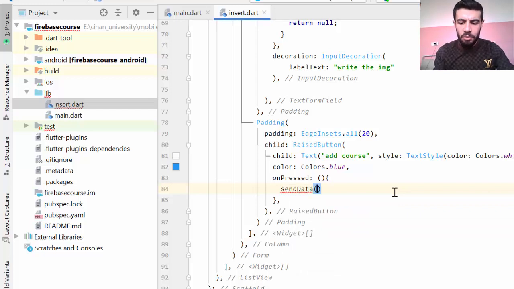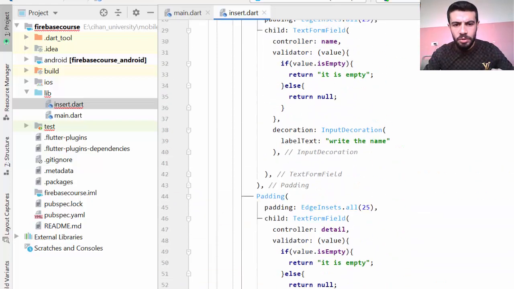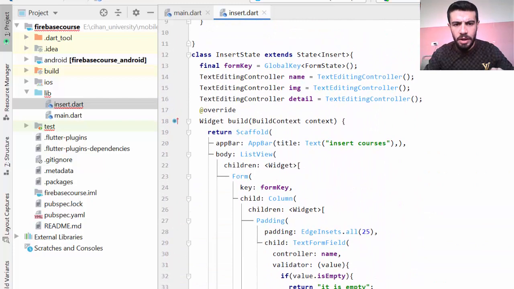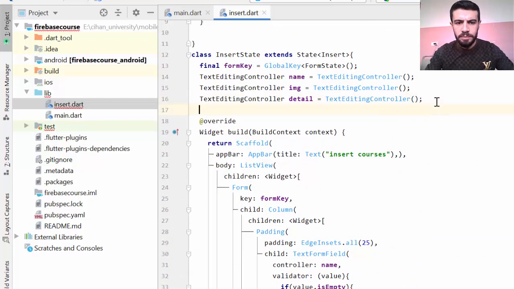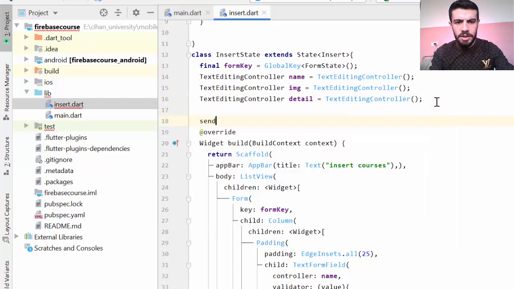data. Now this method is not implemented. Now I want to implement this method. I want to create this method, so that when the user clicks on press, this method will be called. I can add this method anywhere, for example here, and name it send data